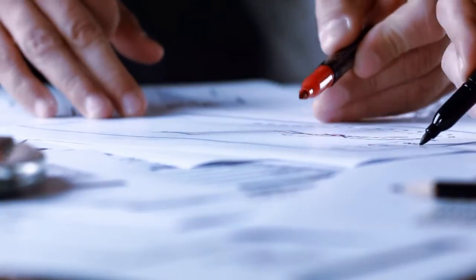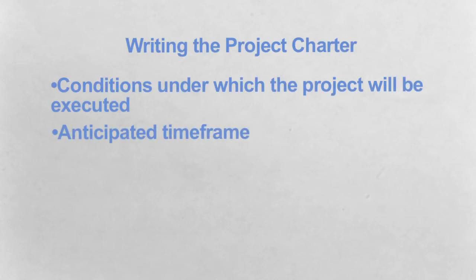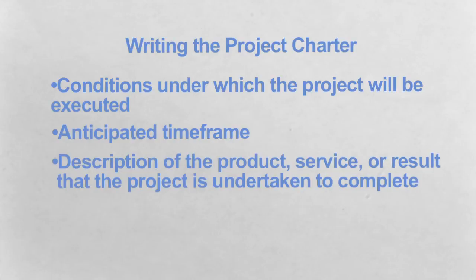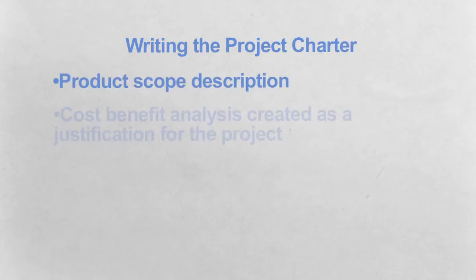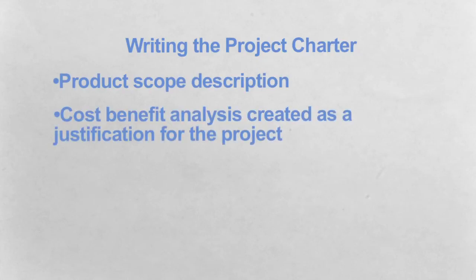The kind of information needed to create the project charter may include conditions under which the project will be executed, anticipated time frame, description of the product, service, or result that the project is undertaken to complete, market and/or social demand and organizational need for the project, product scope description, cost-benefit analysis created as a justification for the project,